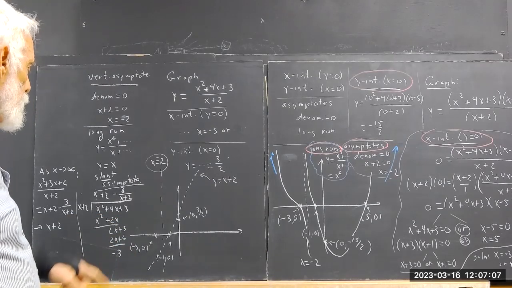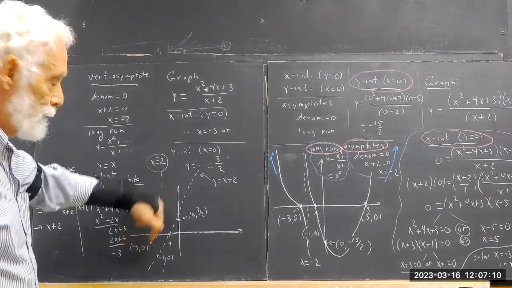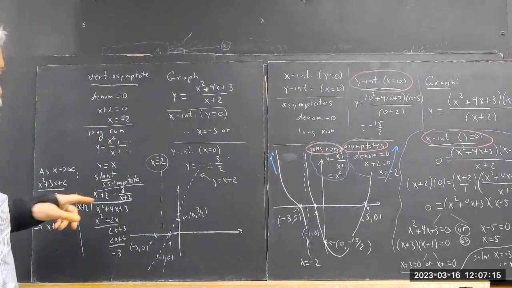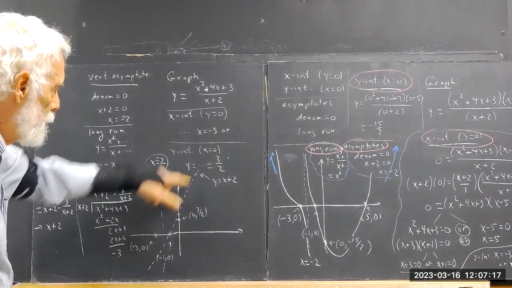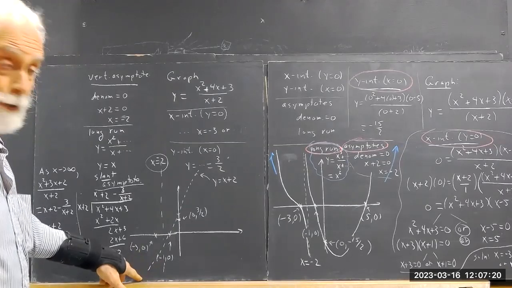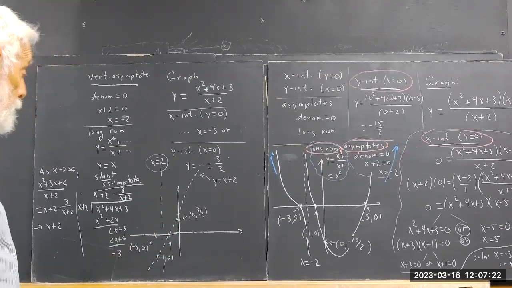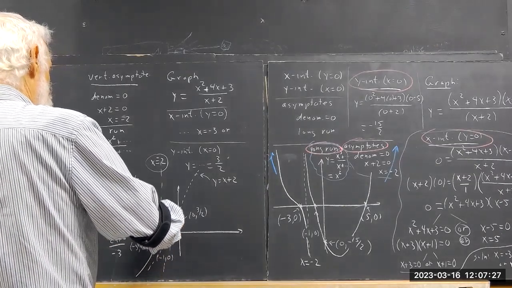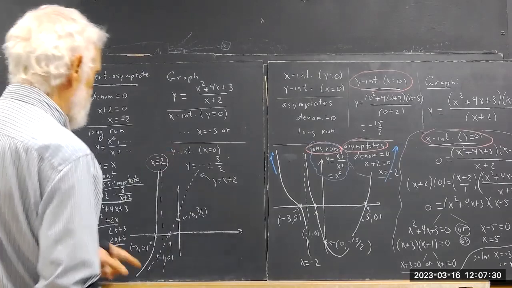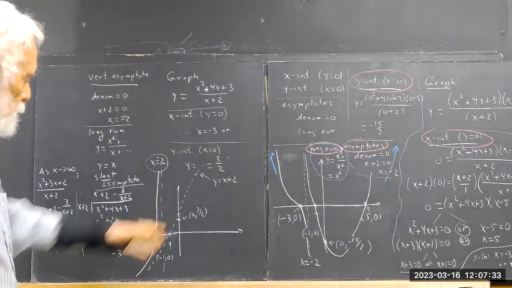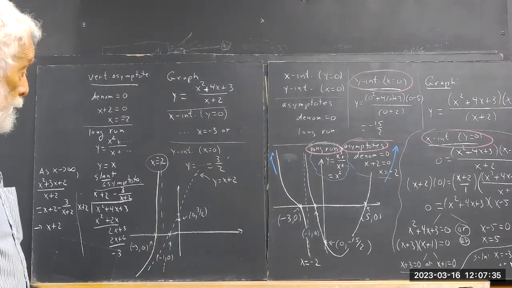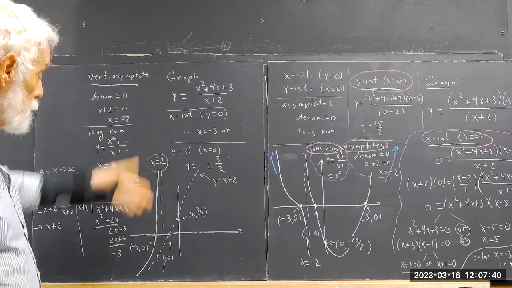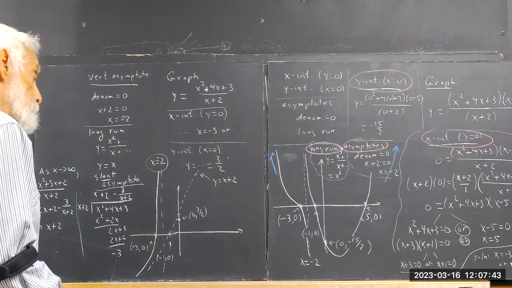Well, y equals x plus 2 is negative down here. And for large x, the value of this function has to be close to this line. So the graph is going to come down from here, sort of, and then it's going to slope up here. It's going to approach this vertical asymptote. So there's going to be an asymptote to this slanted line and an asymptote to this vertical asymptote. Okay, then on the other side,